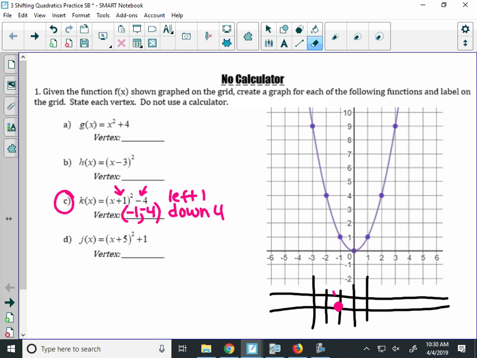So let's plot our new graph. You can plot each of these points. We're going to take each one, left 1, down 1, 2, 3, 4. So here we're going to go left 1 from this point, down 1, 2, 3, 4. So we're just translating each point as they come. So then up here, left 1, down 4. Left 1, down 1, 2, 3, 4. Here, and left 1, down 4. So this is what k of x